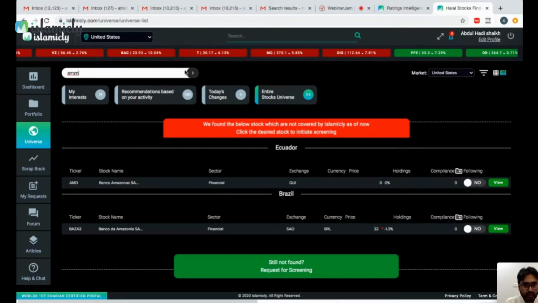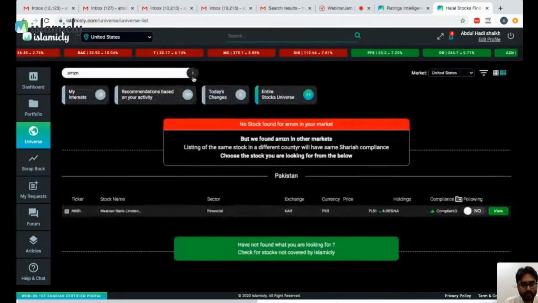AMZN is a ticker, and I click OK, and it should show me Amazon. Okay, it's acting funny, but nonetheless, I'll just go to my universe and see the entire universe.